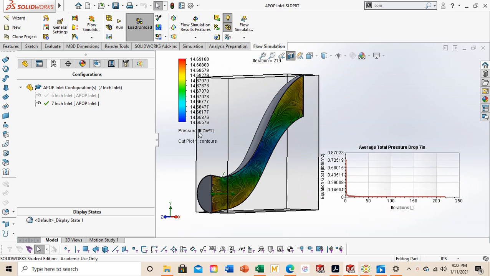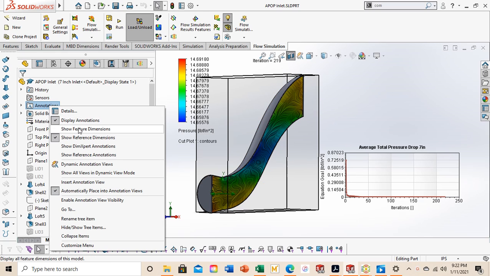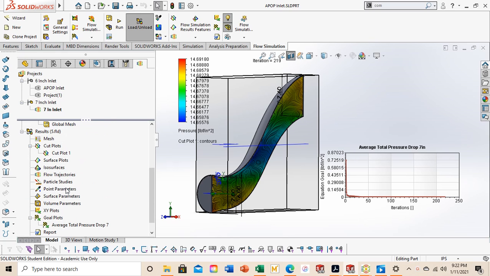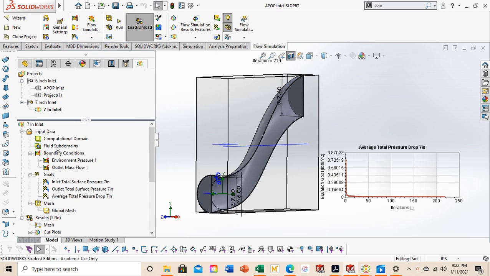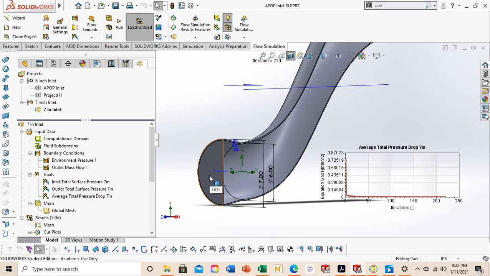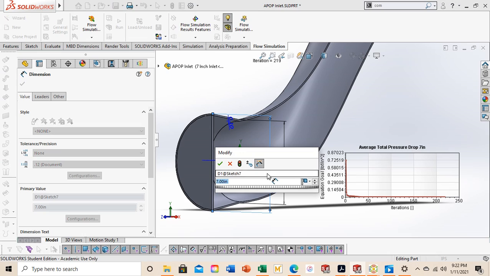Ignore all this stuff right now. Let's go over to this tab, and we want to click on annotations and show feature dimensions. Now let me hide some of this stuff first. Okay, so now back in this tab you can see the dimensions here, and you want to double click on this. Previously this was set to 6, but you'll want to type in 7 here, and then click on this, and